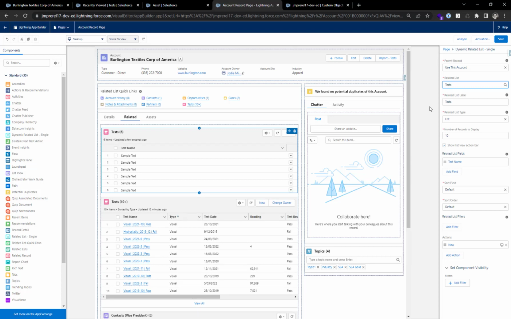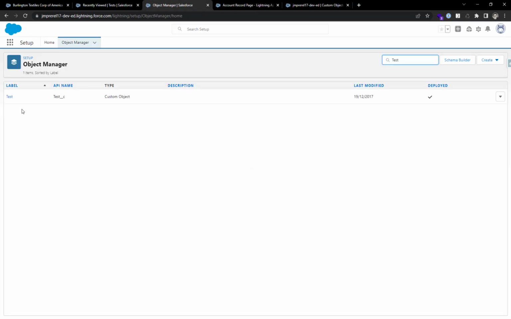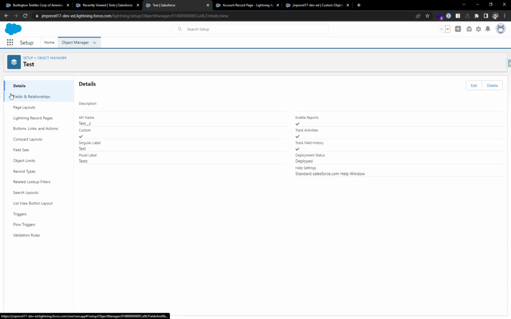Now, you might think, well, it's because it's a custom object. But my first thought is, why can't it just use my search layout? Or why can't I just use my new tab layout? So I went back into my tests object and tried to find my tab layout. Try to set my tab layout. And if you look closely here, there are different